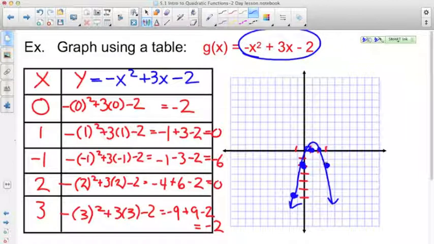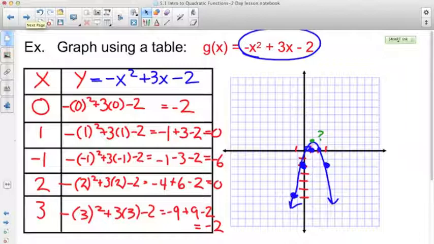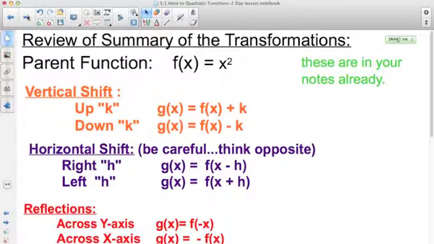So these are the ordered pairs. Now, it's not going to be imperative at this point that you know what this top point is. It's somewhere about here. We're not sure. So just go ahead and graph 0, 1, negative 1, and when you start to see the shape of the U, you would graph it. So this is the first method of graphing. As we move through the chapter, we will not ask you all the time to graph using a table. We're going to teach you some other methods to make this process go much faster than point plotting, where you substitute a value in for x, find y, and then graph it. So there's our first example. All right, this slide is already in your